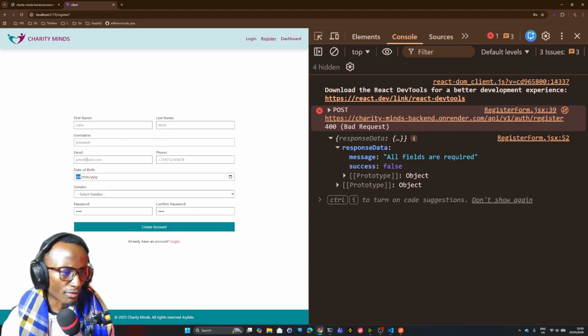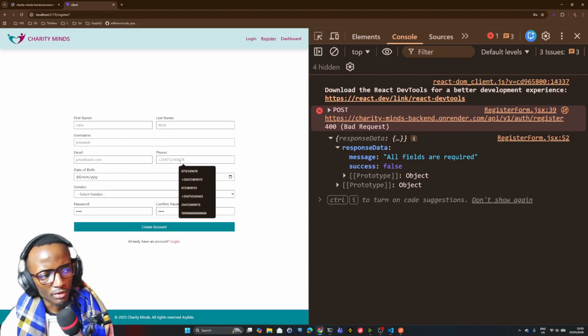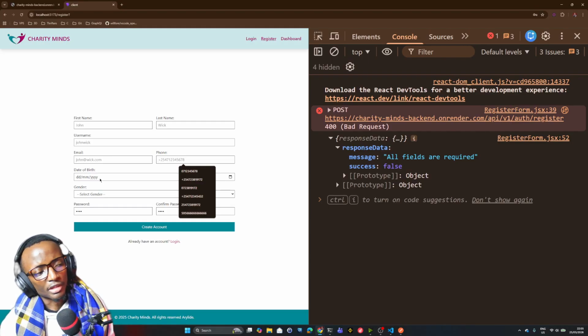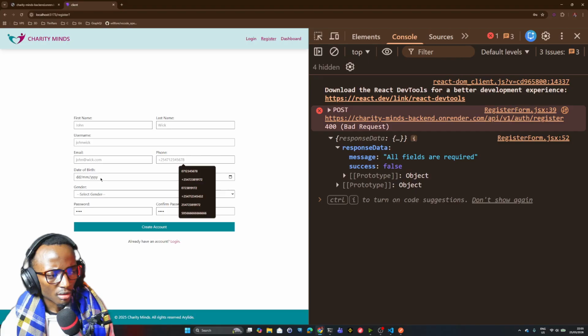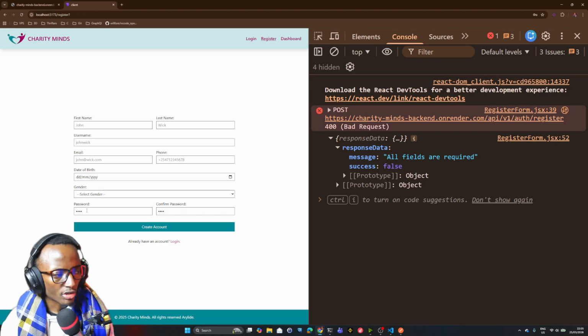This email needs to be of this format. This phone needs to be of this format. Your date of birth cannot be past a certain time, if that is a form of validation for you. The passwords must match. So that validation needs to happen on the client and on the server as well. So right now, since the server is doing some form of validation, I'm just going to